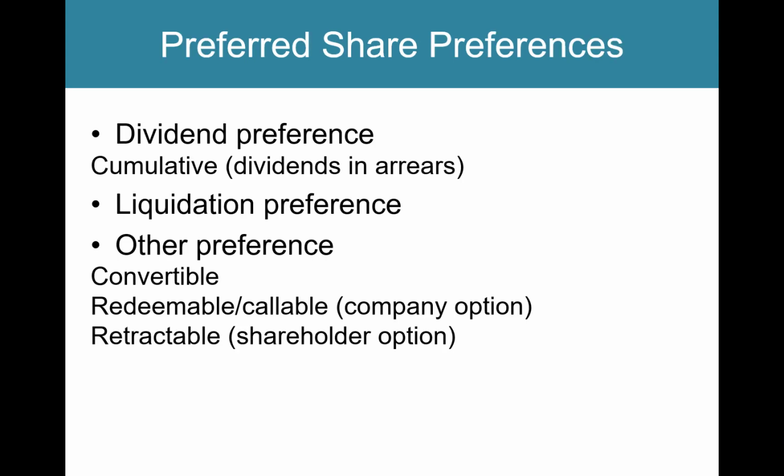One, they have dividend preference, and what that means is that they get paid their dividends before common shareholders do. Those dividends can be cumulative or non-cumulative. If they're cumulative, each year that passes, they accrue dividends in arrears. And what I mean by that is, let's say it was $100 per share per year. If you haven't paid dividends in 2 or 3 years, then you would have $200 or $300 respectively in dividends that you'd have to pay out.